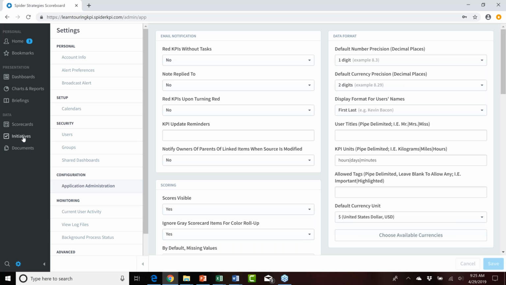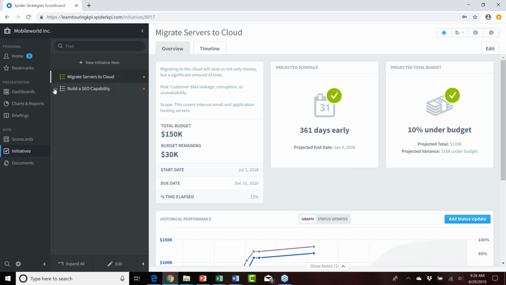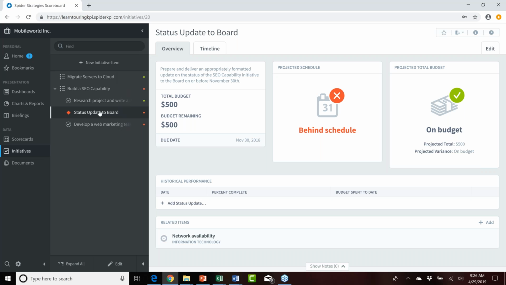Under initiatives in the far left, if I open up the initiatives section of Scoreboard and navigate and find a task. So under our build SEO capability initiative, there's a task to provide a status update to the board. And you'll note down towards the lower right that there is a related item of a KPI called network availability. Network availability is a KPI that someone has said should be related to that status update to the board